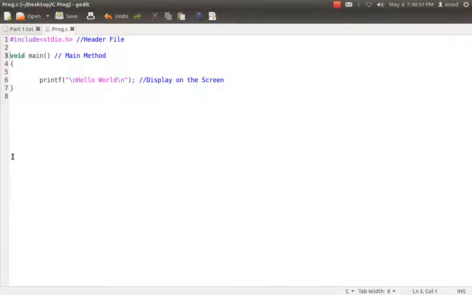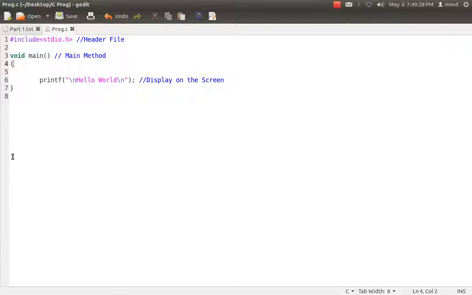Okay, you can't have more than one main method in C. In Java it's quite possible, but in C you require only one main method, from where the compiler will get an idea from where I have to start executing it. So I got an idea that I need a main method compulsorily for each and every program, except if you're creating header files. We'll get into that, what header files are and how to create your own header files, but for the time being we are creating our program, we want it to be executed, we want it to get an output, we need